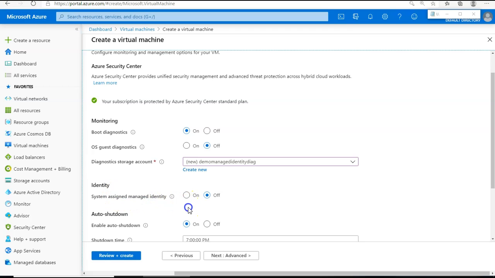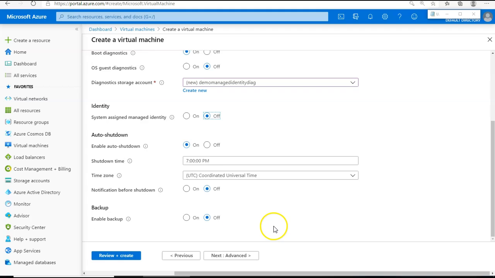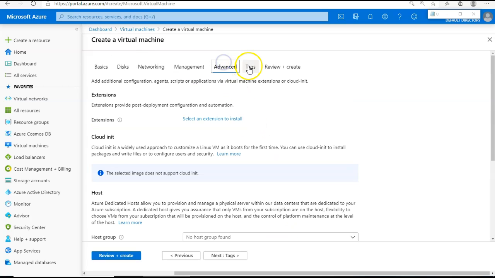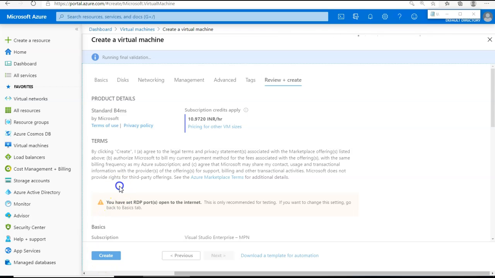So this can be enabled at a later point also from the managed identity, which I've shown as part of the PPT also. So I'm not enabling it here. At this point of time, I will come back and enable that specific radio button later. So I'll just create a very basic VM,